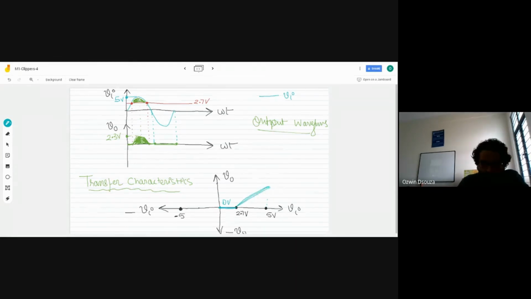This is your AC. And also mention the peak point of the output. What is the peak point of the output? 2.3 volts. So mark 2.3 volts here. So this is your transfer characteristic. In the transfer characteristics, you can even write that this region is the DC region and this region is your AC region. So this is your transfer characteristics.